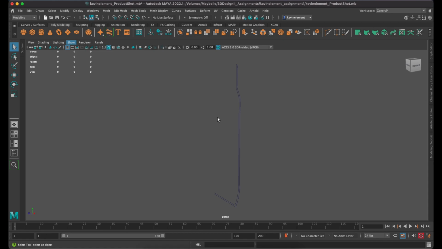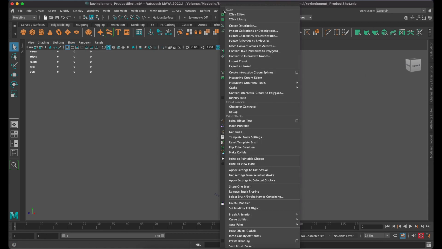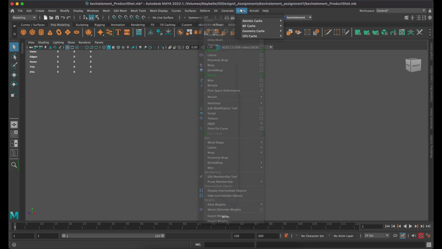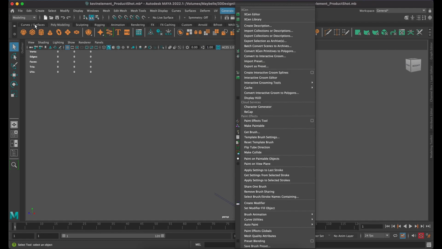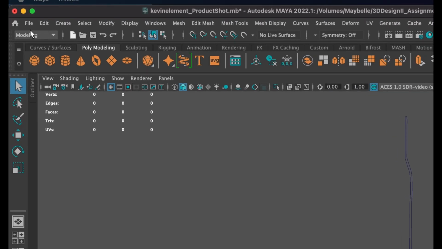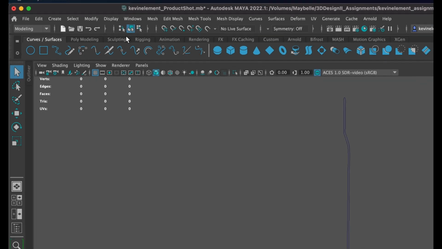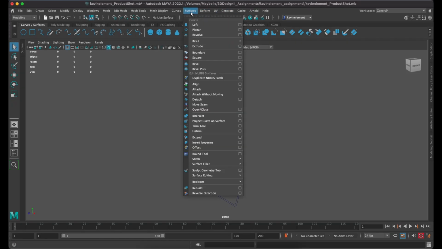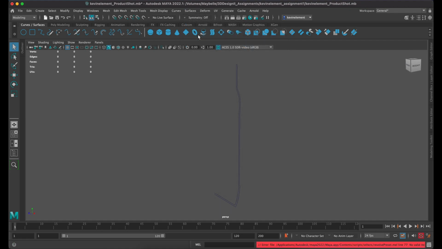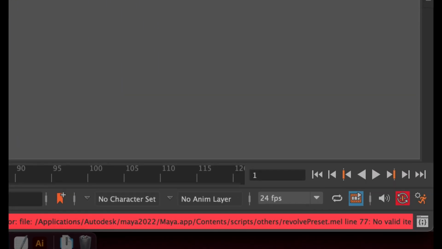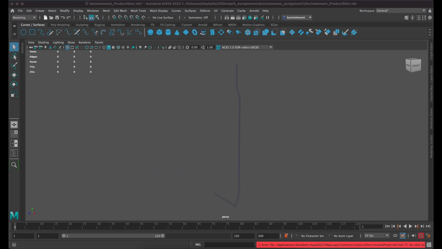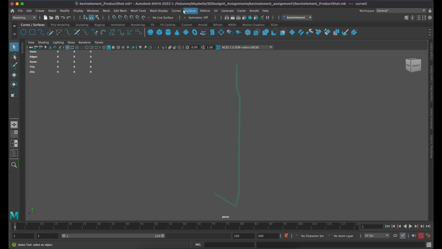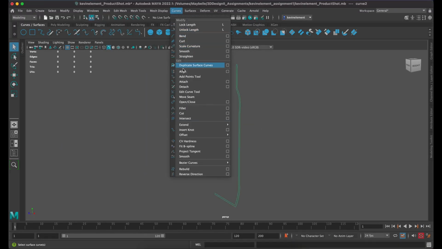And then I get really excited. I hit generate, make sure I'm under curves and surfaces over here. I get really excited. I want to see this thing in action. I hit surface revolve and then, error. Well, what's wrong? Oh, no item. I haven't highlighted it. So I got to select the object, and then I get excited in curves, and then